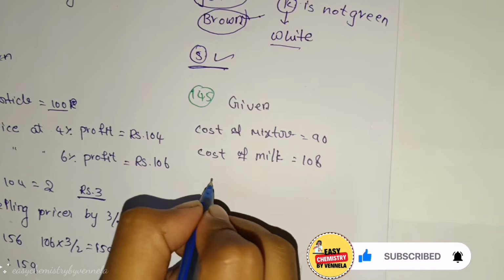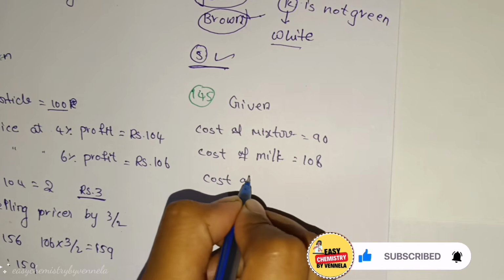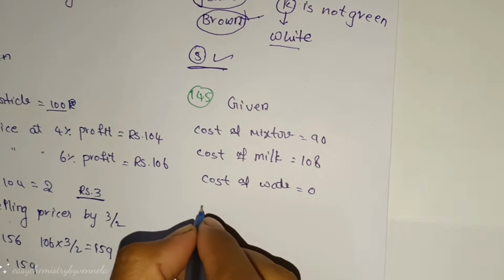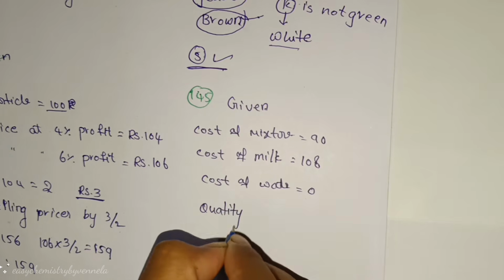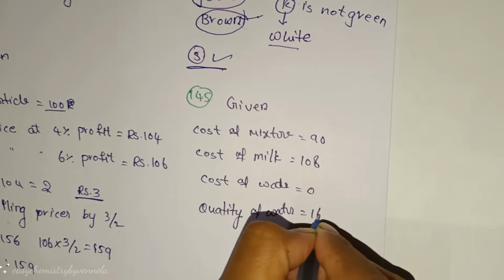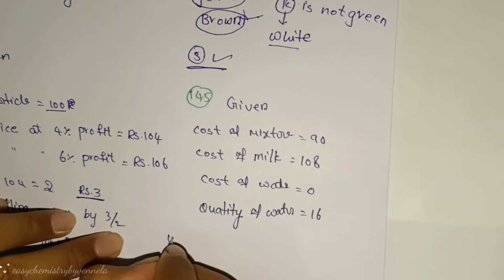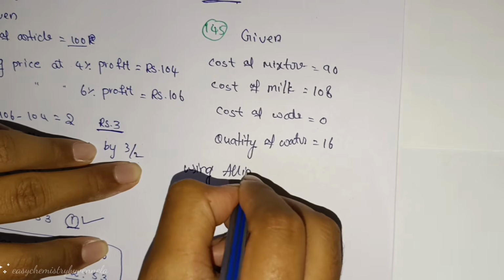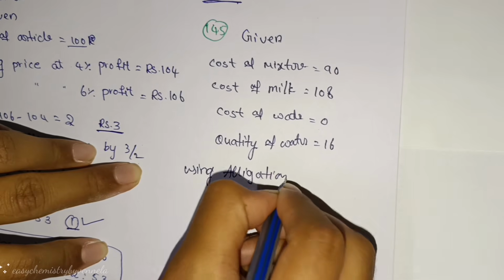108. Cost of water, 0. Quantity of water, 16 liters. By using the alligation rule,